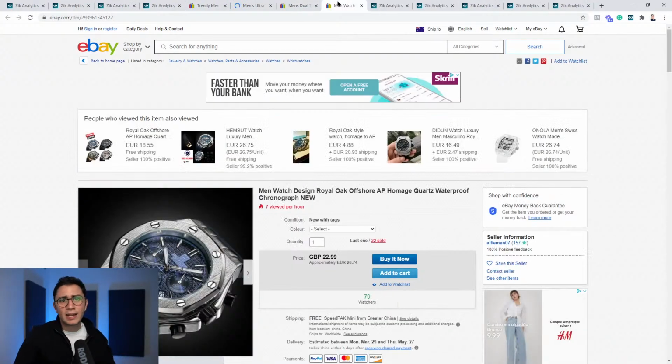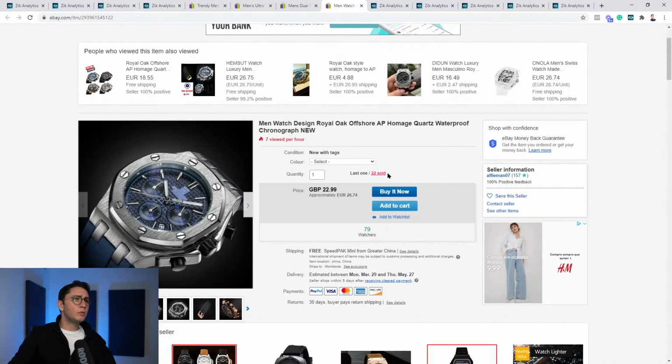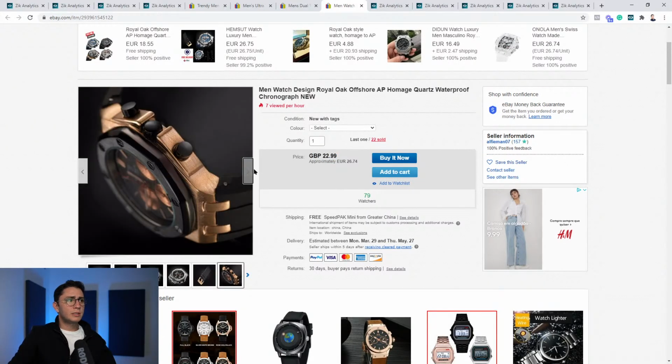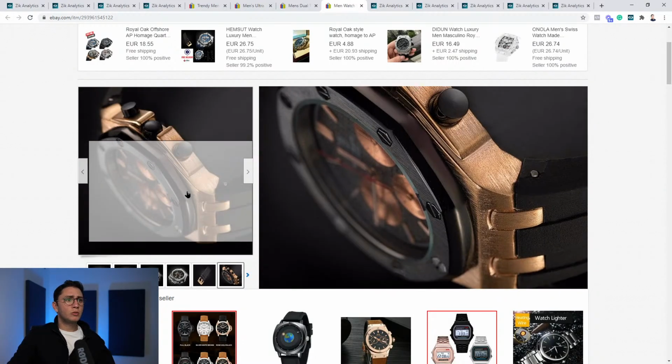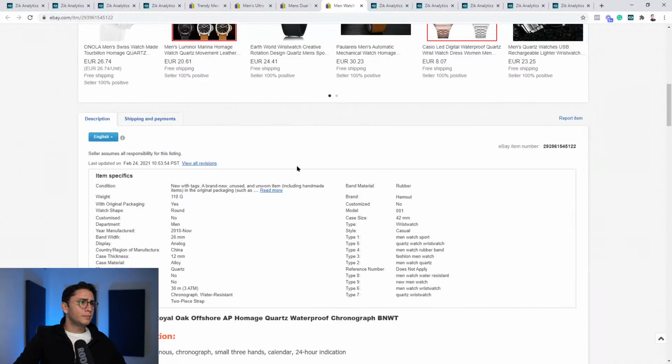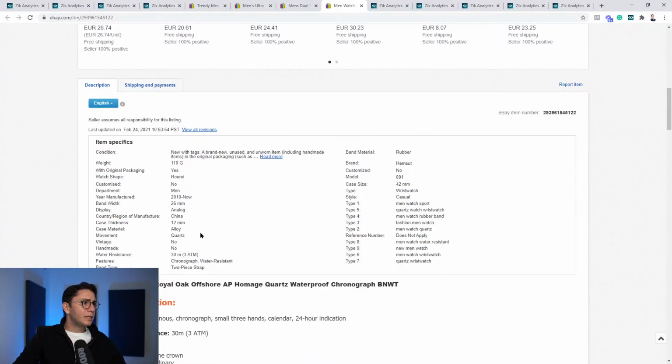So once you find a good seller with high performance, you want to figure out what he's doing special, what he's doing differently. So this guy, for example, is working with variations, selling in the UK, as you can see from the currency. He has a low amount of feedbacks, he's a beginner. His pictures are not gallery pictures that become big, but all the pictures need to be like this. You have to make sure this is like this. He's working with Free Speed Pack Mini from Greater China. I guess he's working with CJ Dropshipping, okay? His item specifics are full, a lot of information. He spams it a little bit here with keywords. I'm not sure it's the right way.